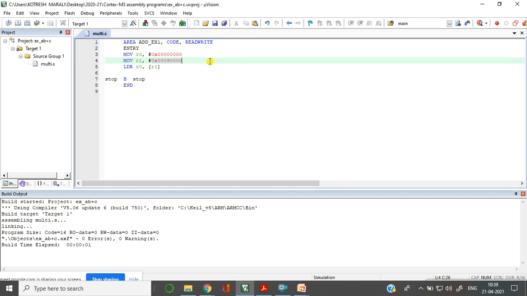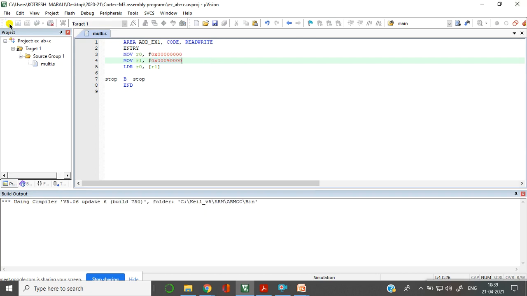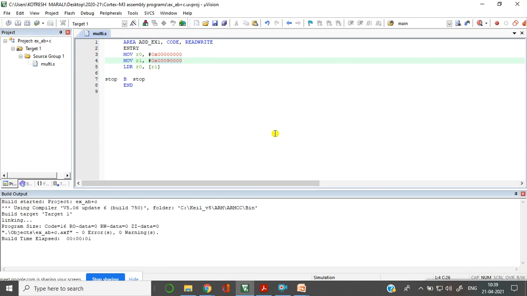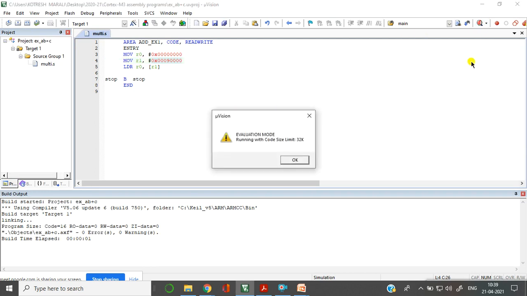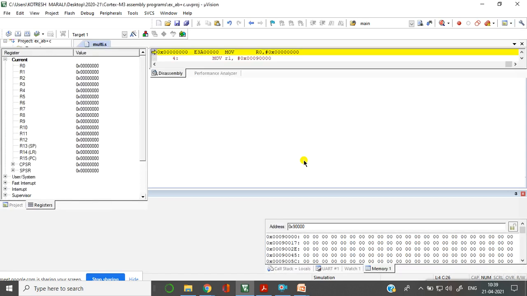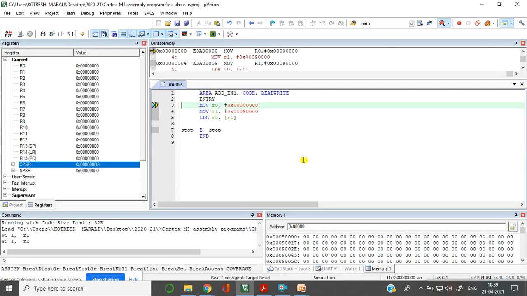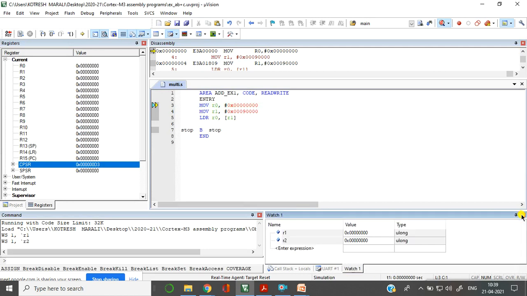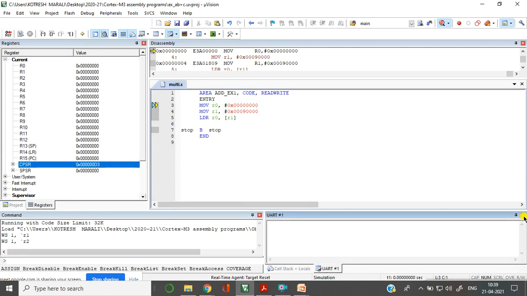I don't know how much you might remember from 8051, the same thing was true with respect to 8051 also. I'll just run the program.